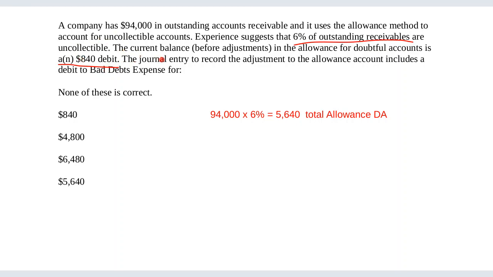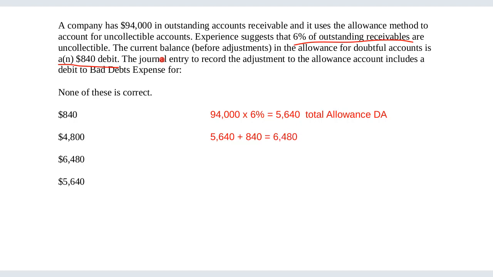And it happens that we have an $840 debit, which means that we said if we have a debit, we have to add. So Tiffany, you're also right. Okay, so we're gonna take the 5,640. I'm sorry, add it to the 5,640 plus the 840, and that equals